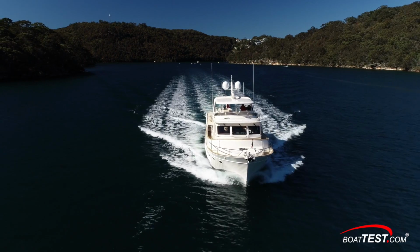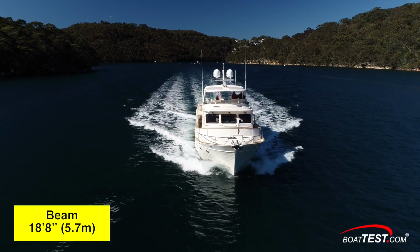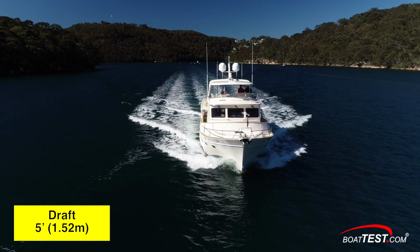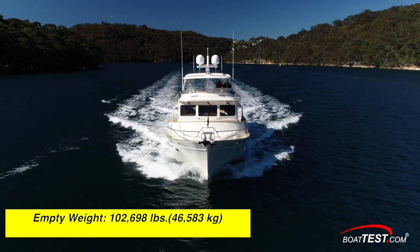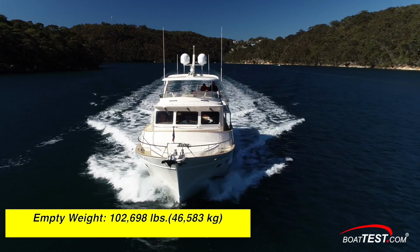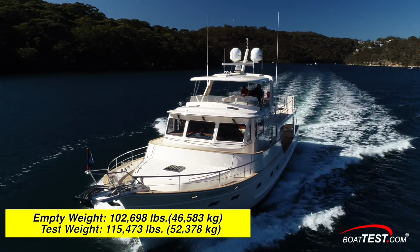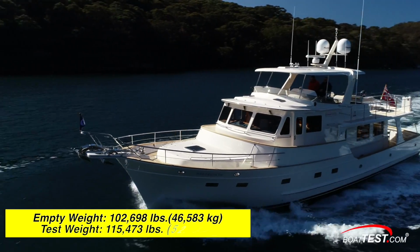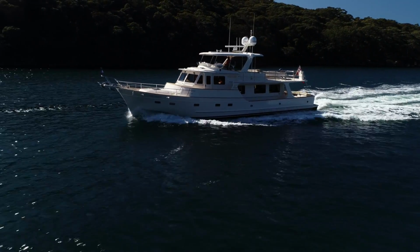The Fleming Model 65 has a length overall of 70 feet 10 inches, a beam of 18 feet 8 inches, and a draft of 5 feet. With an empty weight of 102,698 pounds, full fuel, half water, and 5 people on board, we were heavily laden at 115,473 pounds. We tested in 1 to 2 foot swells, so not ideal conditions, but we still reached a top